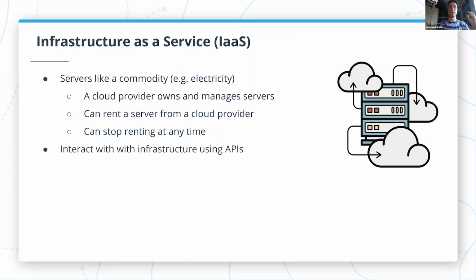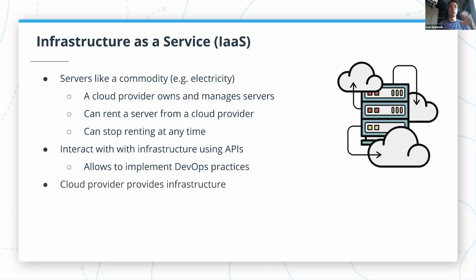And the second big benefit of using infrastructure as a service is that we can interact with this infrastructure using APIs. So for example, if we want to rent a server, we just need to send an API request to the cloud provider, and we have a server we can work with. And the additional benefit of this is that using this API allows us to implement DevOps practices. In a nutshell, DevOps allows us to automate infrastructure operations, and it allows us to solve infrastructure problems using software.